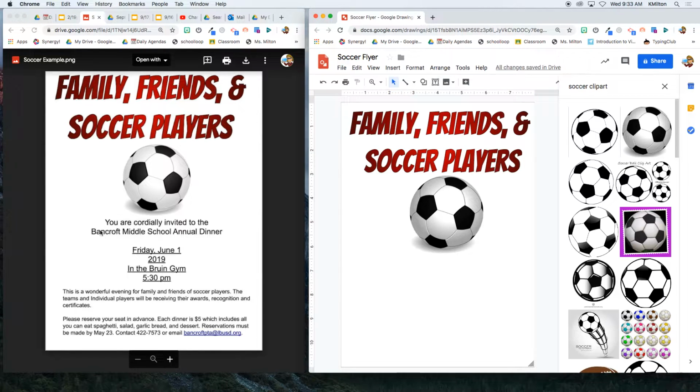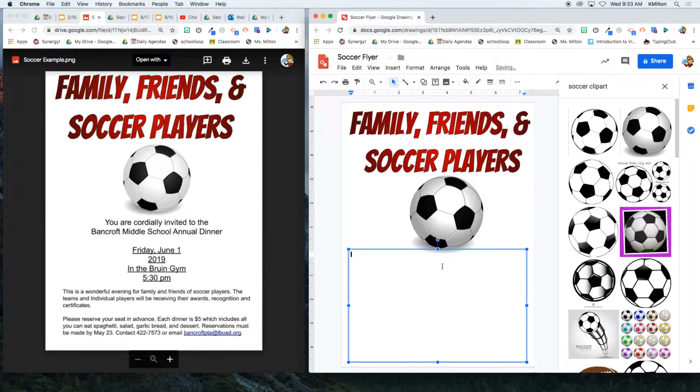Now I know you're thinking, oh, go do word art again for this section. Actually, this is a text box. Word art's great for a title, but the rest of it wants to be a text box. So you're just going to choose a text box and draw a text box here in the bottom, and we're going to be able to write. Now if you look, this looks centered on the top. So I'm going to find the center button,